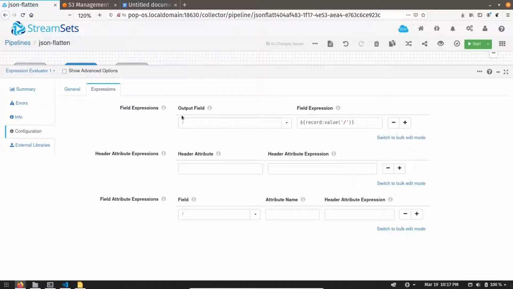Over here, whatever calculated column we want to add in our record, we need to write it over here. Then if we want to add any record header attribute, we write it over here, and if we want to add an attribute in any field of the record, then we write it over here. So right now I want to add a salary column.